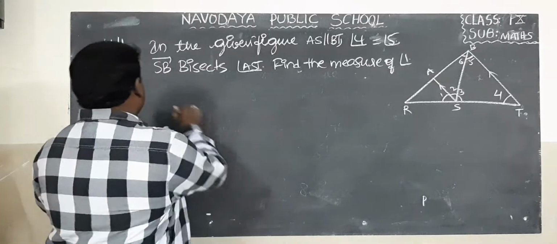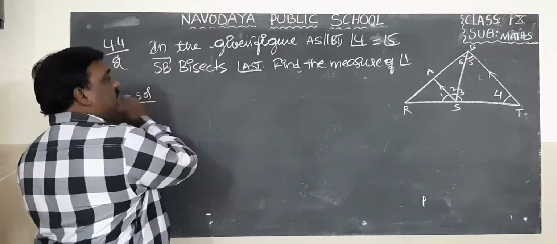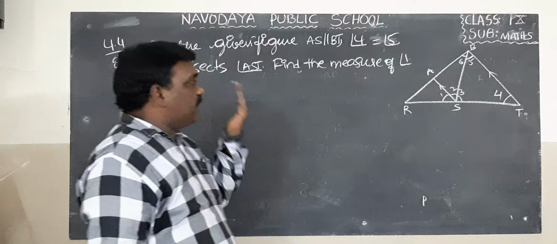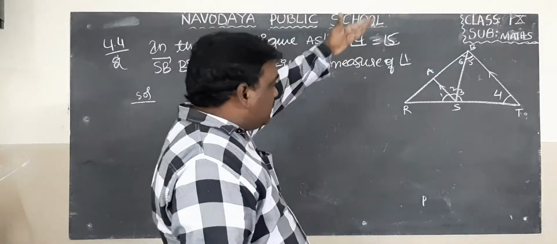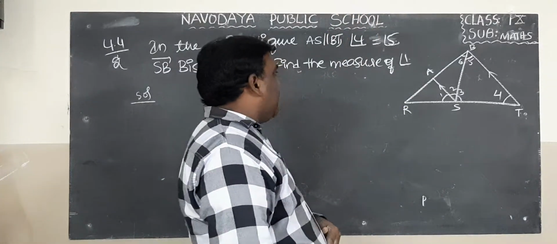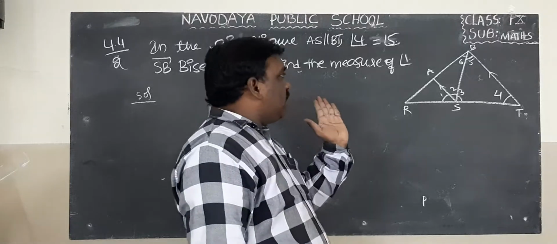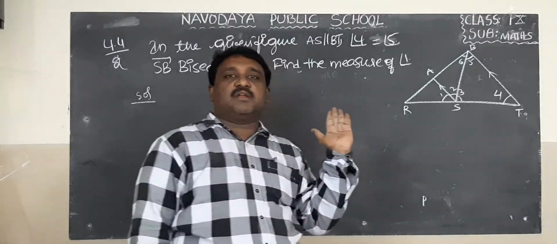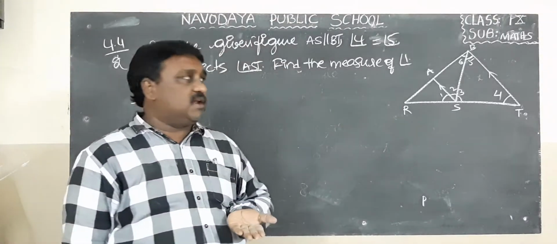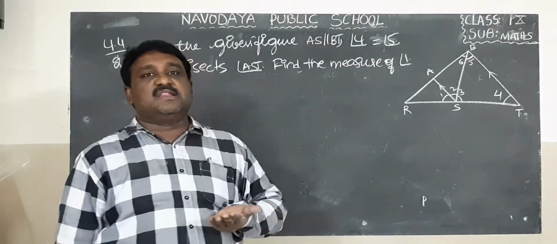Okay? Write down the solution. What is given in the problem? What are the angles in the problem? First of all, a big triangle is there. BRT is a triangle. AS, two arrow marks are visible to you. Arrow mark means the lines are parallel to each other. Totally 6 angles are there.